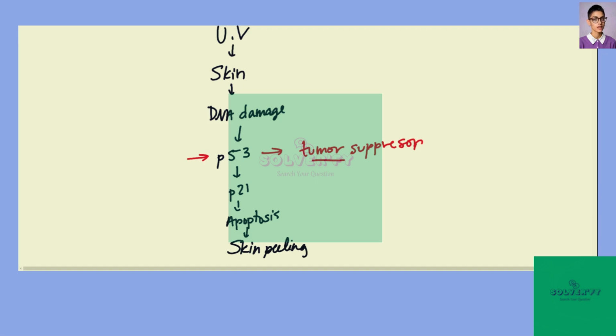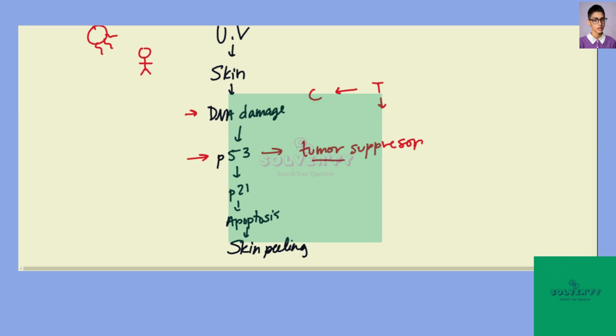So in this sequence, we're starting with UV light from the sun, and it's going to come into contact with the skin of an individual. And this UV radiation is going to cause certain DNA damage. Specifically, our cytosines and thymidines are going to start to pair down the DNA strand rather than across. And that's going to cause some error in replication of DNA and can cause some significant damage and